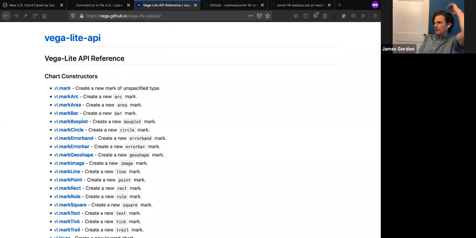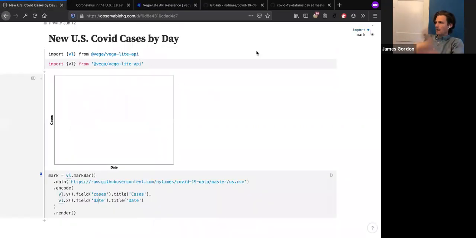Okay, so those 4 data types are nominal data, which is also sometimes called categorical data. That's if you have categories in your particular field. You've got ordinal data, so if the data has a specific ordering,